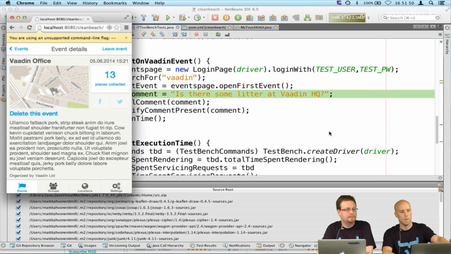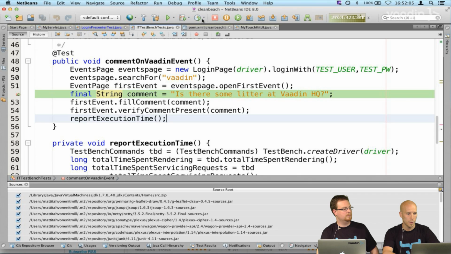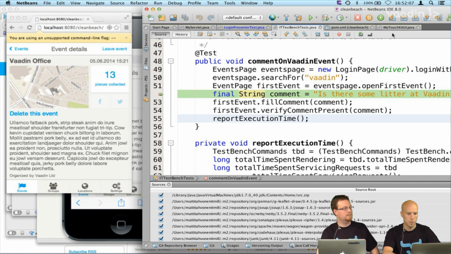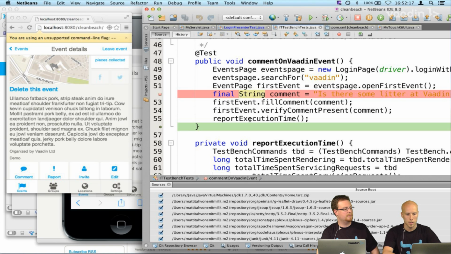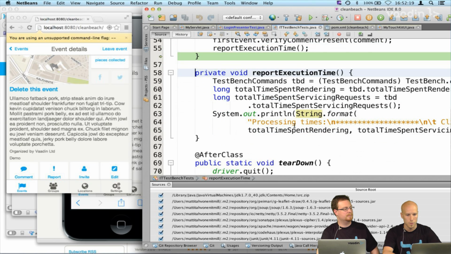So this is now the Chrome instance that is controlled by Vaadin TestBench. It has already executed the login there, and then it has joined this event, and it's about to make a comment there. So let's step here. So fill in comment and then verify it's present, and then it also does some other things that I just copy pasted from a